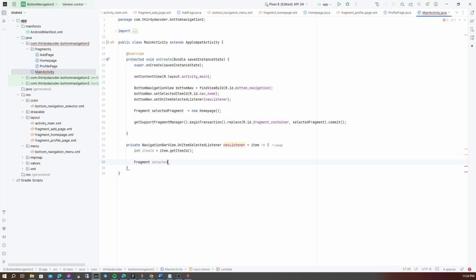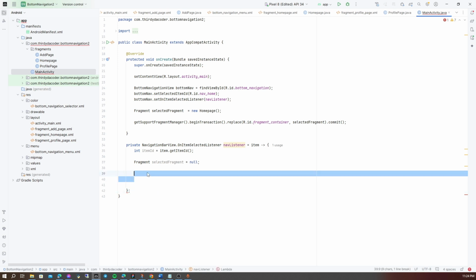Selected fragment. As you can see in onCreate, the default is the home page. If we click the bottom navigation view, it depends on this function. As of now, we store null. Then we create the condition.